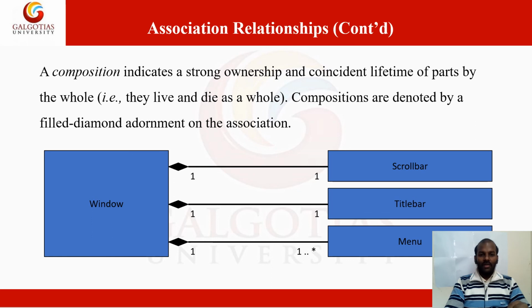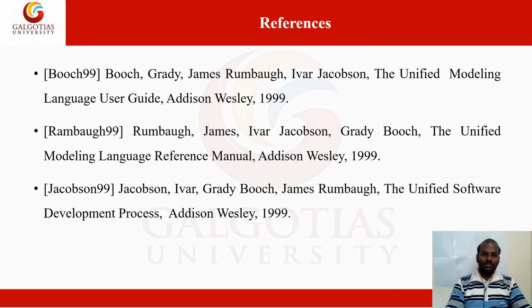If such a situation comes up in the problem statement of your class diagram, then obviously we can use the composition relationship in that class diagram, right? These are some basic references that you can refer to for more detail about what a class diagram is, what an object diagram is, what the different relationships are that we use, and what the advanced kinds of classes are. This is a reference that you can go through in detail.